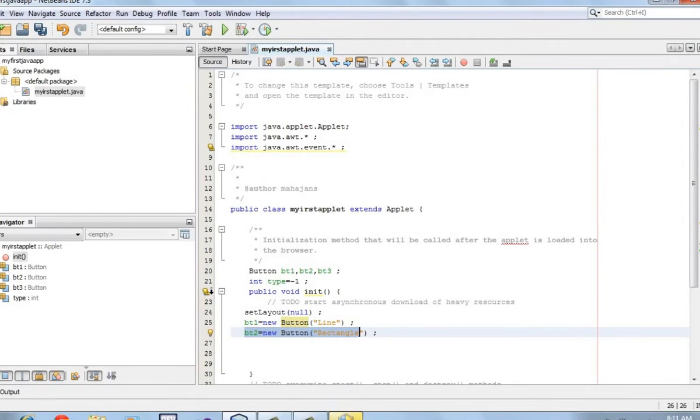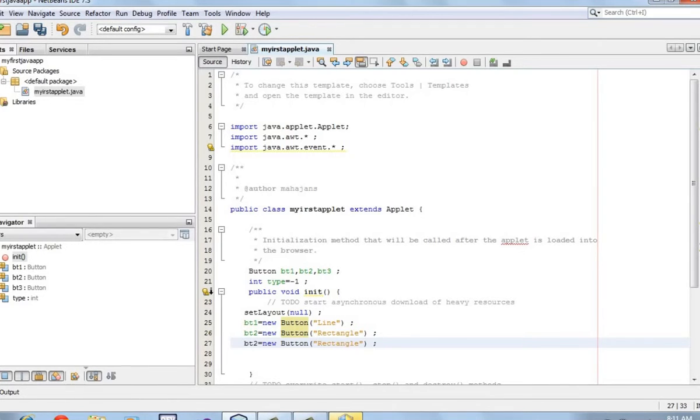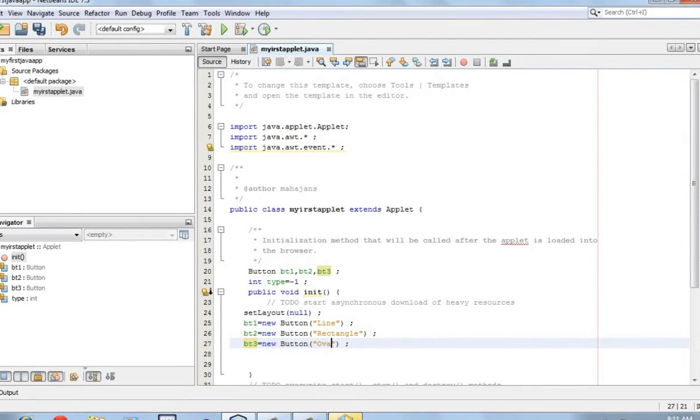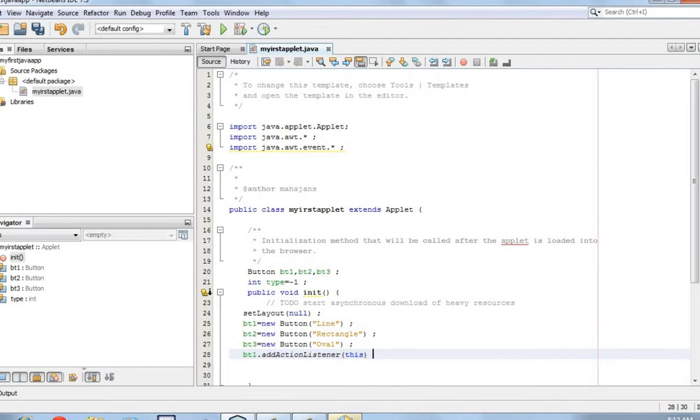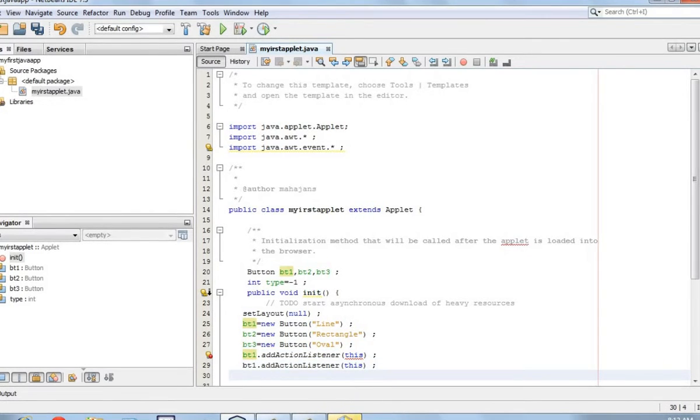As you know, we are instantiating the objects for the Button class. So I have declared three objects. As you know, this is for registration of the event, and we will have to do it for all the three buttons.